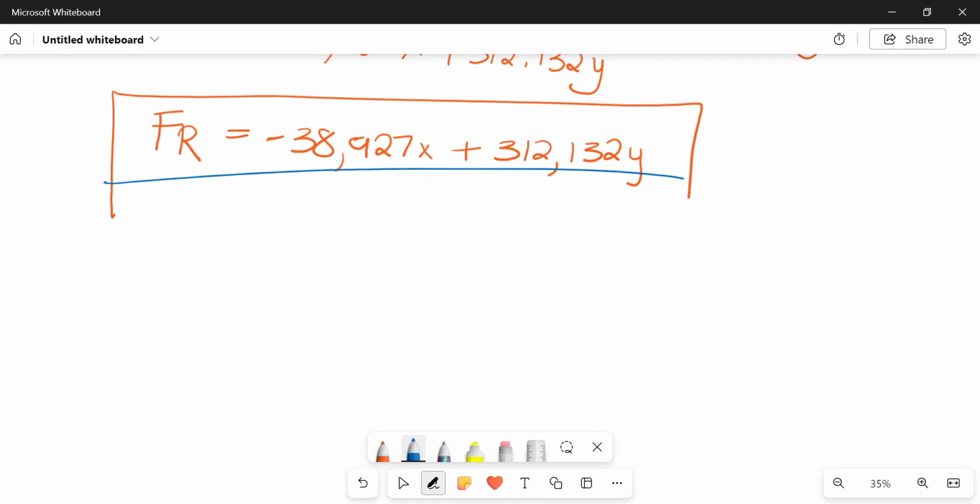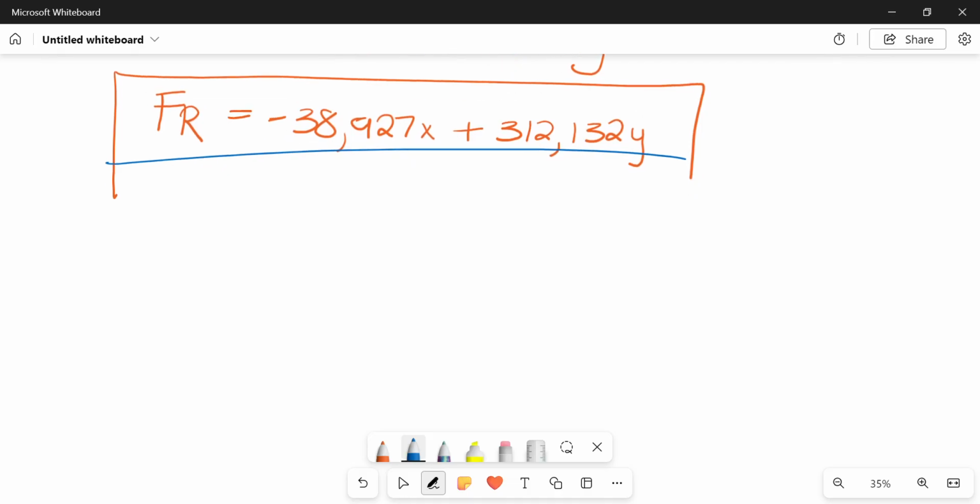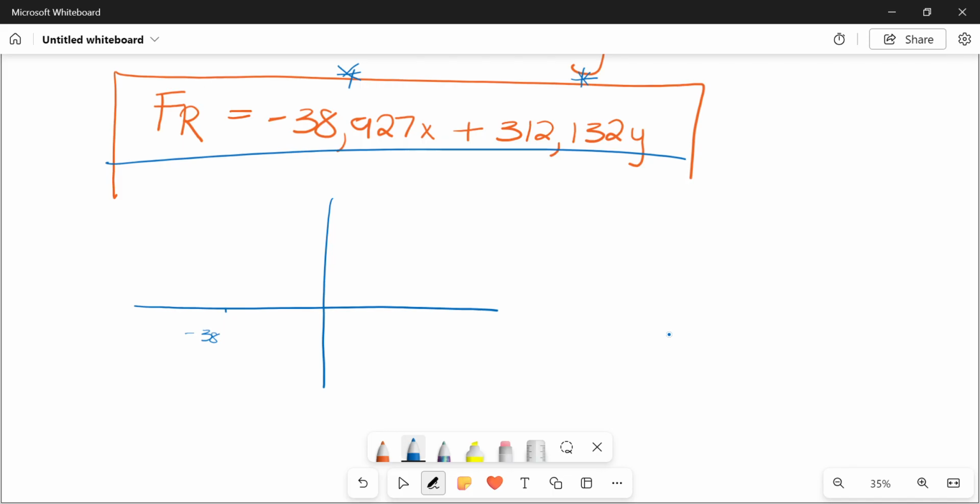as such. So from this resultant force that we see, what it tells us is on the x-axis we have a negative, although on the y-axis we have a positive. So we'll try to represent this as best as we can. Negative 38.927, we could put it somewhere here. Okay, we can put it somewhere over here. Then positive 312, it is significantly higher, but we can just put it somewhere here for purposes of